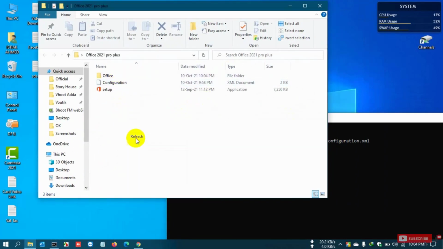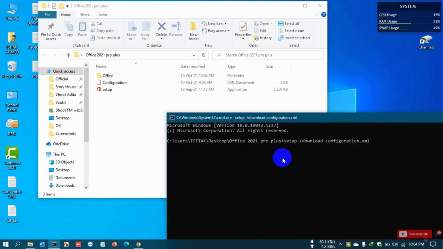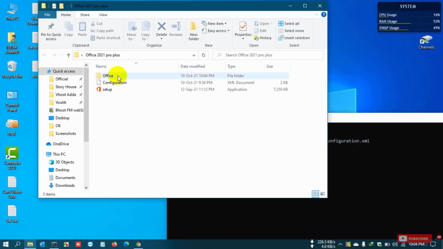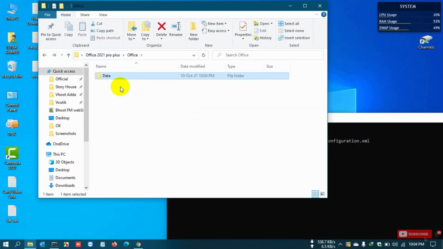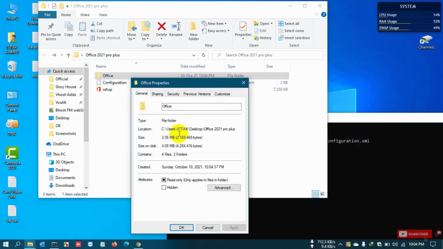It's automatic after hitting enter on the command, and here you can see the Office folder is automatically created, and the folder contains the Office offline file. So you can check it by properties. Here it shows 2 MB and 4 MB size. Actually the size is 1.86 GB or more.